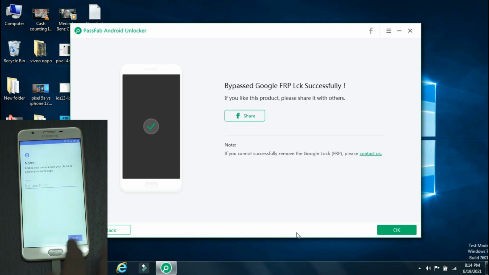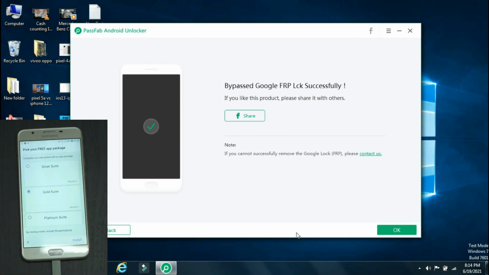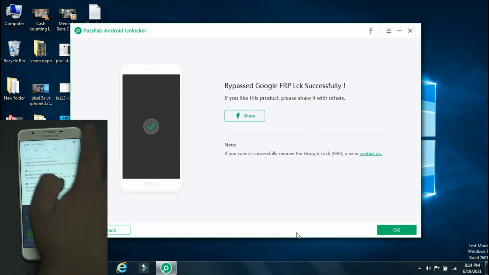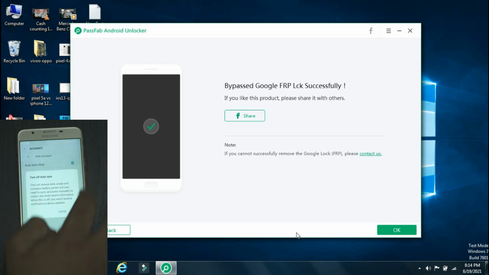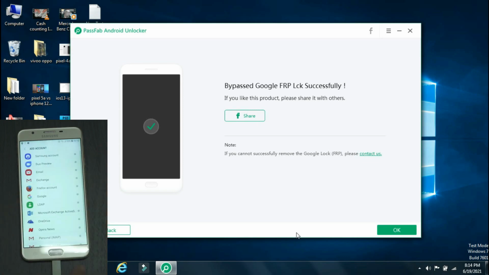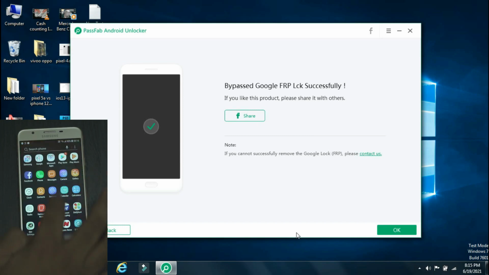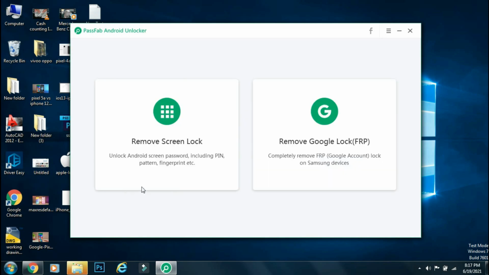Now just set up your device by the regular method, and if you have backed up your device earlier on the cloud, you can restore it once your phone has started, so you will not lose any important data. The phone is back to the home screen and it has wiped out all the data on the smartphone. But thankfully, as you can see, it has successfully removed the Google account that was present on the smartphone. So using PassFab Android Unlocker, we have successfully bypassed the FRP lock on our Samsung phone in just a few minutes. So you don't need to visit the service center for that.